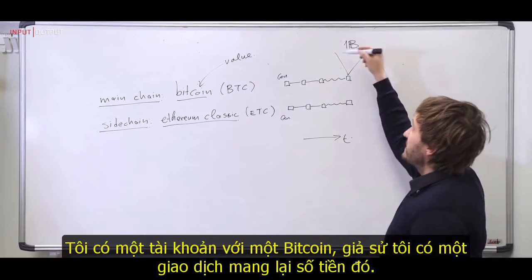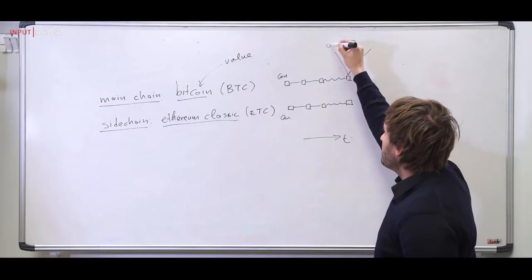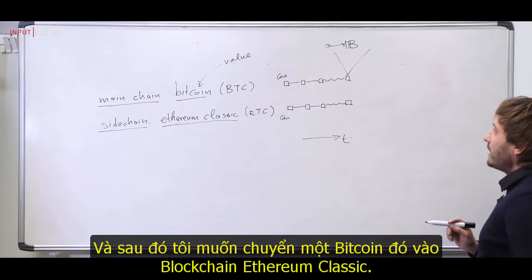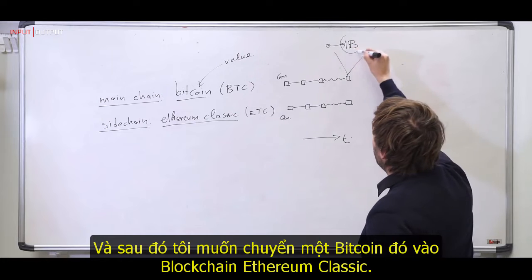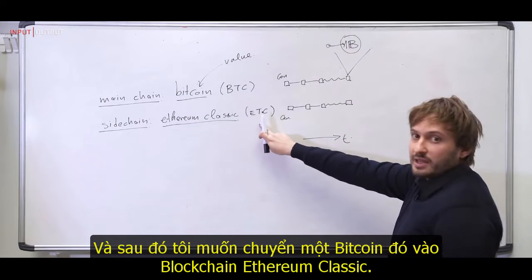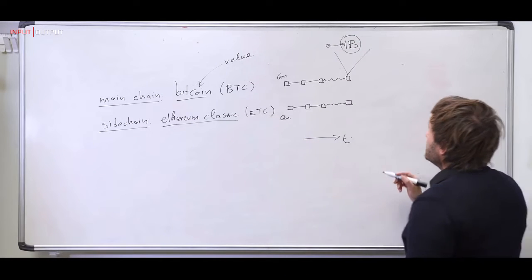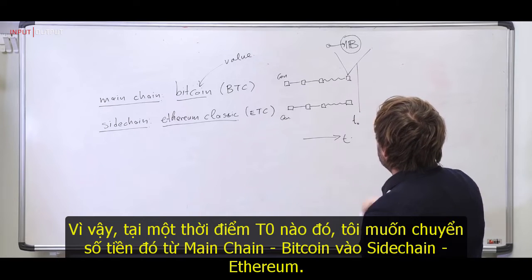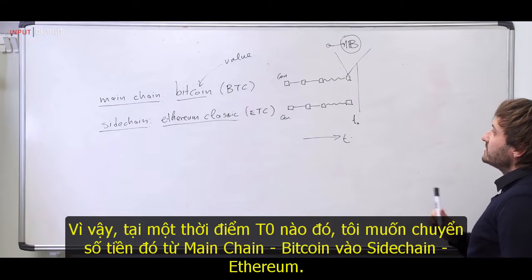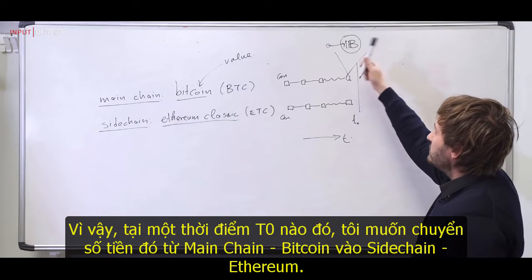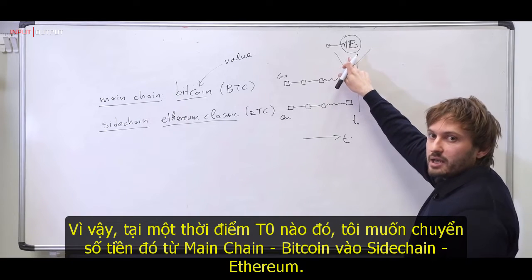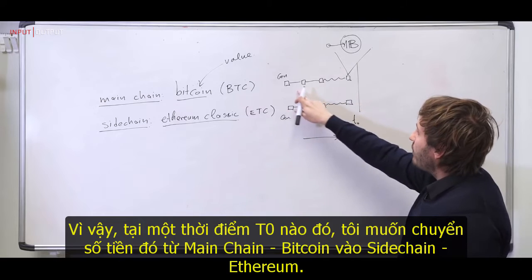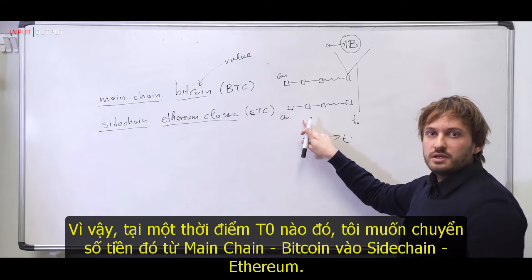Let's say I have a transaction that gives that amount to me. And then I want to move that 1 Bitcoin into the Ethereum Classic blockchain. So at some time, say T0, I want to be able to move that amount and have it remain a Bitcoin from the Bitcoin main chain into the Ethereum